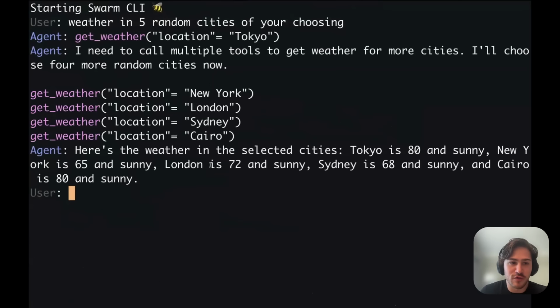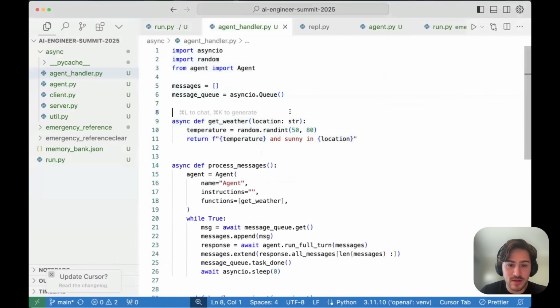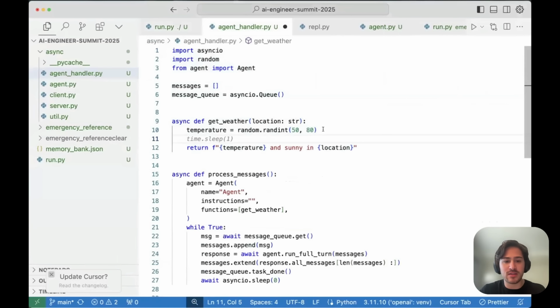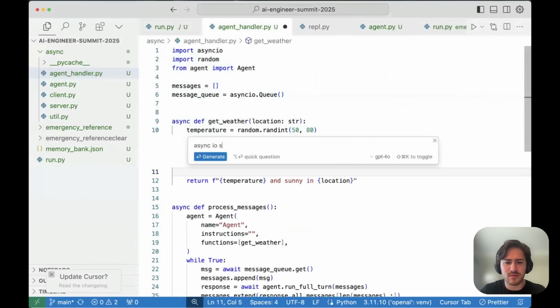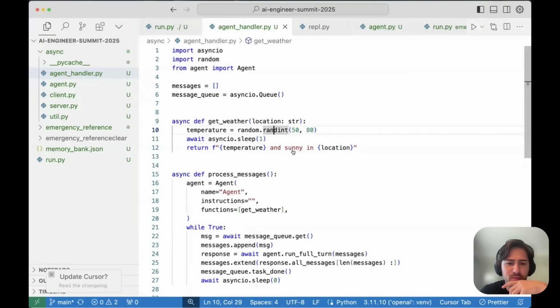There we go. It took over 5 seconds. Now let's do the same thing here. So the equivalent is there's async IO sleep. Someone let me know if I'm doing this wrong, but this should emulate very similar behavior.